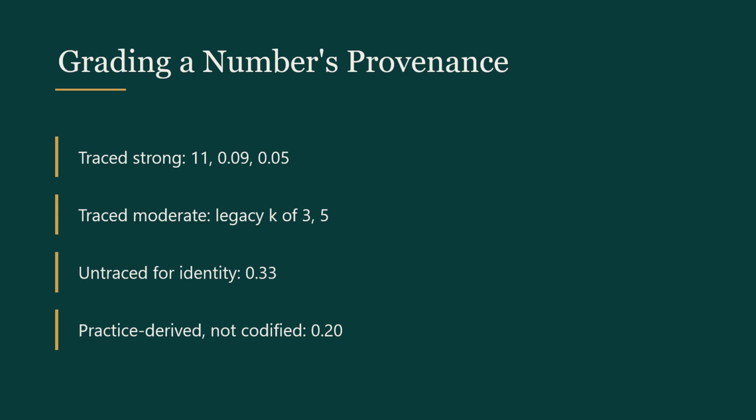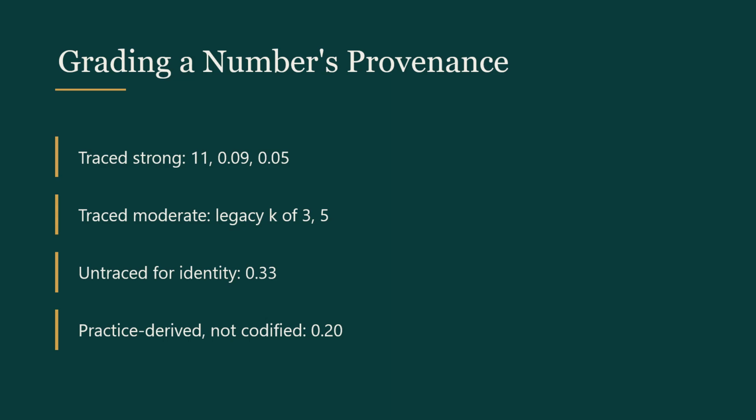Now the Tier 3 admission this course owes you. The 0.20 enclave threshold, the one I have used since the last video, is practice-derived. It appears in the methodological literature as a threshold an expert might allow in a highly secure, restricted access enclave, and it is defensible in that framing, but it is not codified in any regulation or agency policy, and I have not shown you a primary source that says 20% in the way I showed you one that says 11.